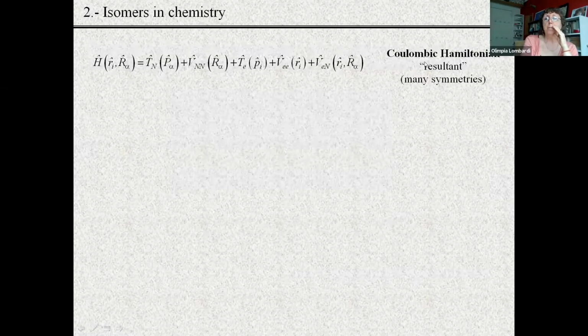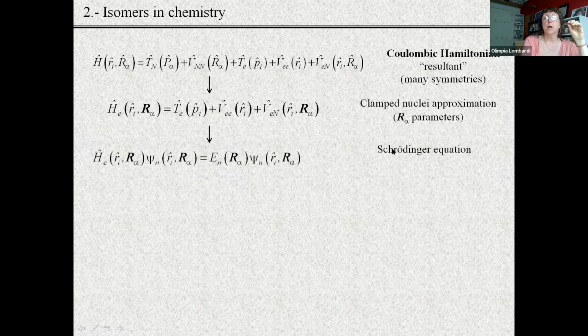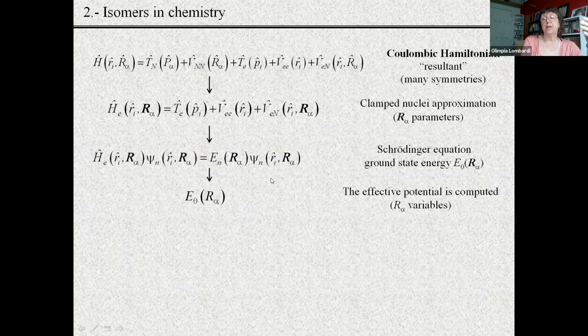I have the Coulombic Hamiltonian, or resultant Hamiltonian in Hendry's terminology, which has a lot of symmetries. The first step is to clamp the nuclei at definite points. So these variables that have hats, which are operators, become parameters, numbers, fixed numbers. So the second step is to have the Schrödinger equation with these parameters and to obtain the ground state energy in this Schrödinger equation. The third step is to